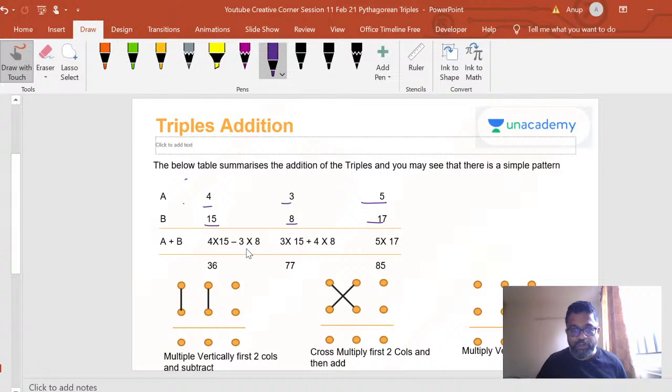Similarly, if I have two triples, now I'm representing it in the triple form, 12, 5 and 13 and 3, 4 and 5. So what do I take,